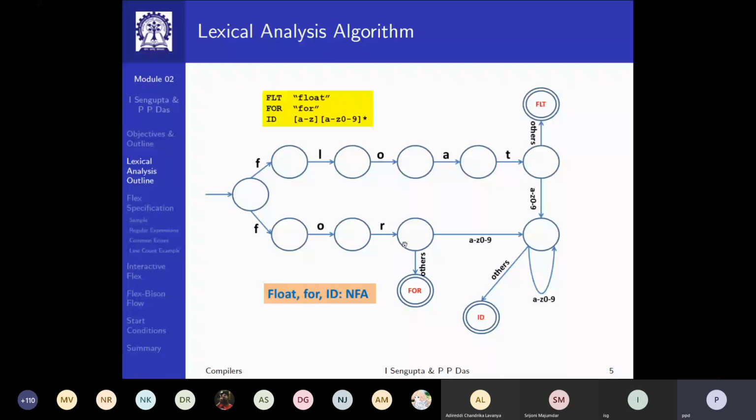Otherwise, I have another state machine which keeps on consuming the alpha and the digits, and whenever it gets something other than alpha or digit, it produces an identifier. Of course, this is not a complete specification. For example, I said that this is for keyword float, keyword for, and identifiers that start with float or for. So for that matter, if I have an identifier FL1, then this